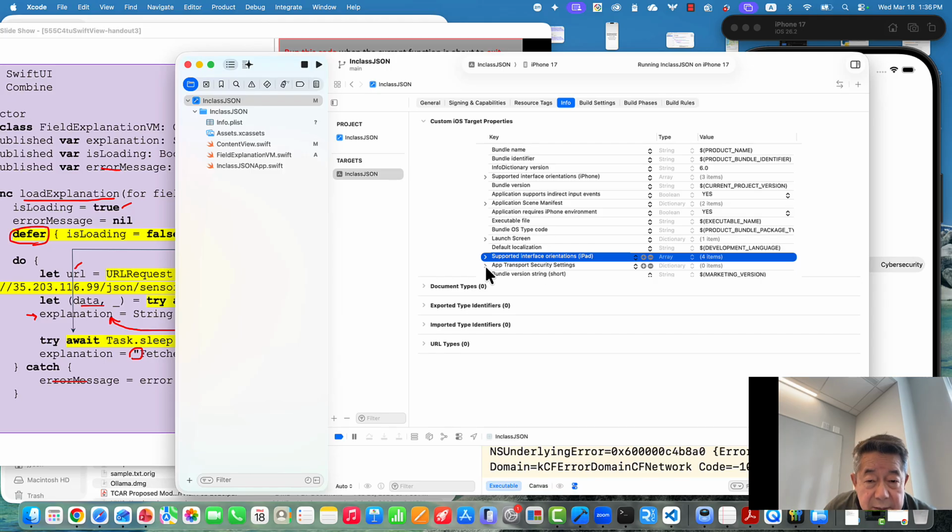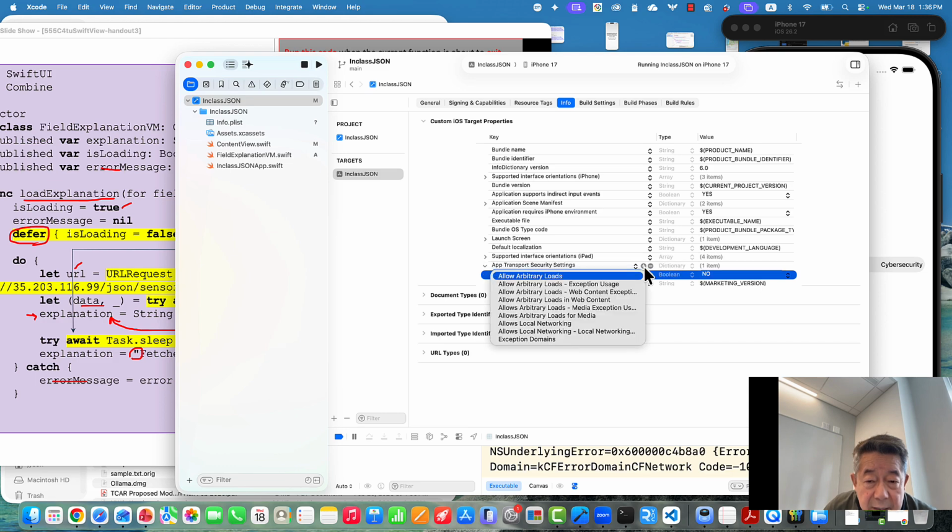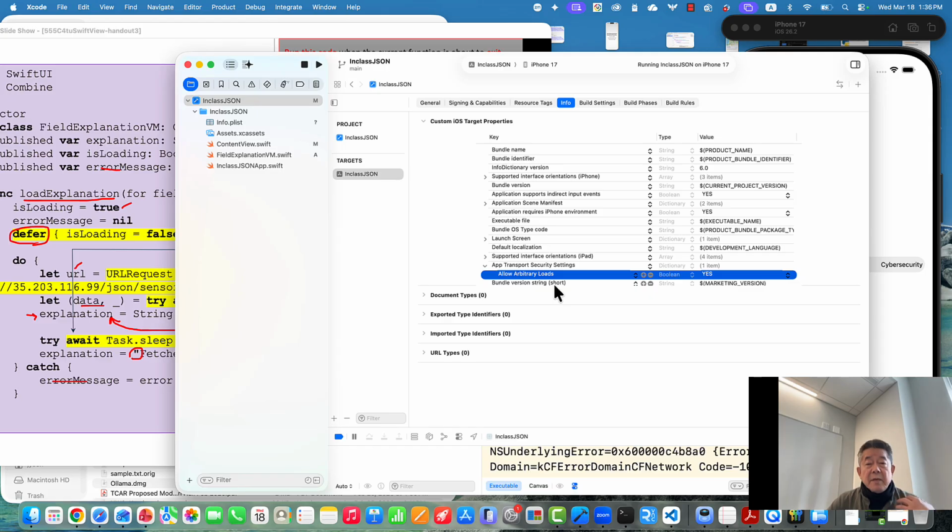So click this, so it'll be a down arrow, and then there is a plus sign. Click that, and then you choose allow arbitrary loads, and the value should be yes, so that transport security settings data can be loaded. That's allowed